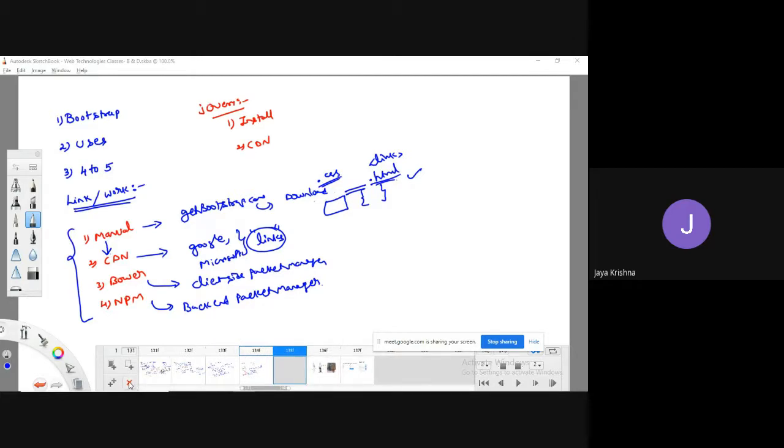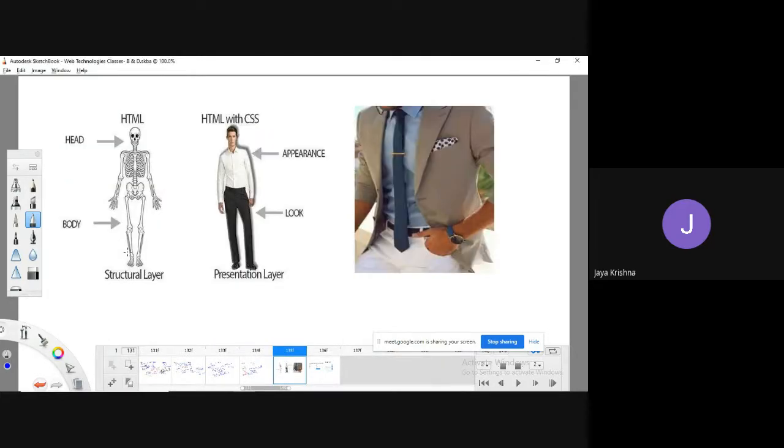Before going for the clear concept once again, let me explain this example. I have taken two images. Guys, if you develop a website with just an HTML program, we get a skeleton like this, which won't have any look and feel. If you develop with the help of CSS, it may have some look and feel. If you go with Bootstrap, it has more look and feel, and it also takes very little time to develop that particular website.